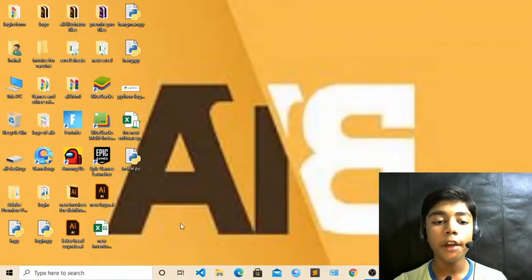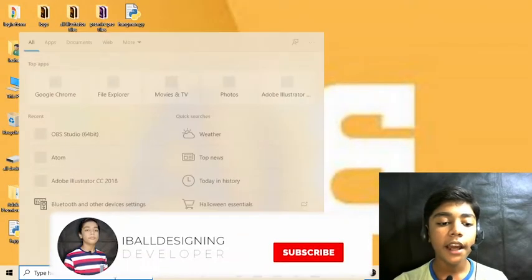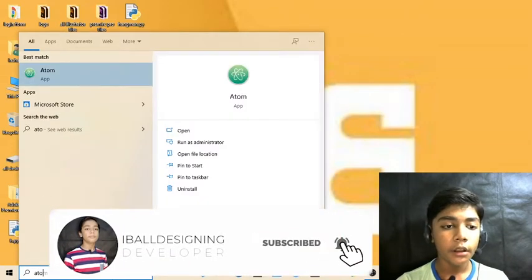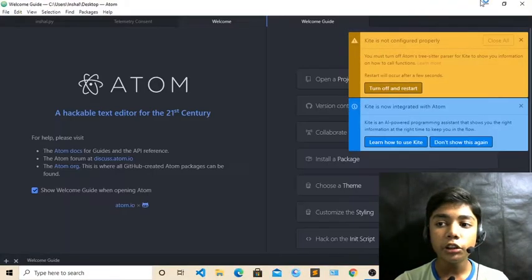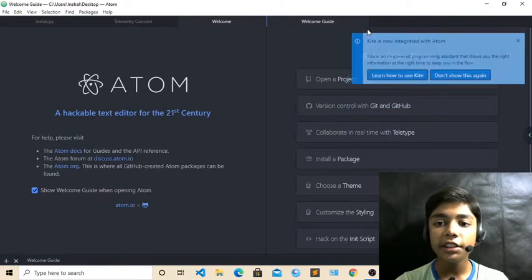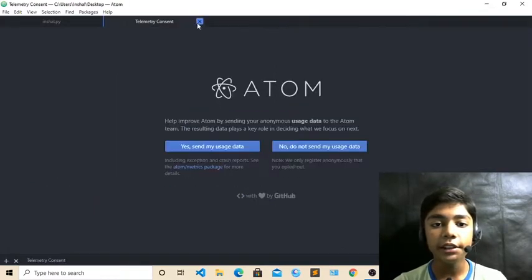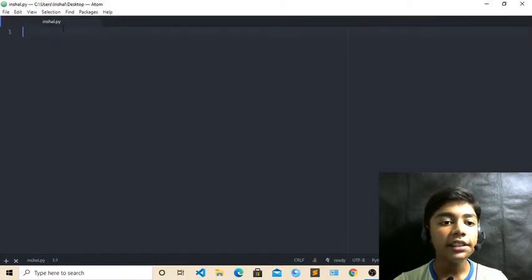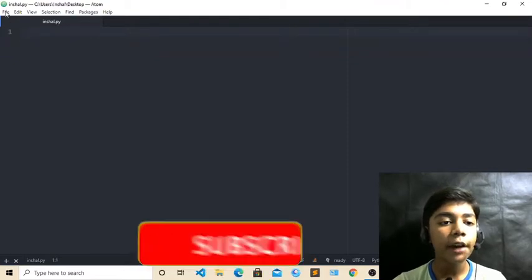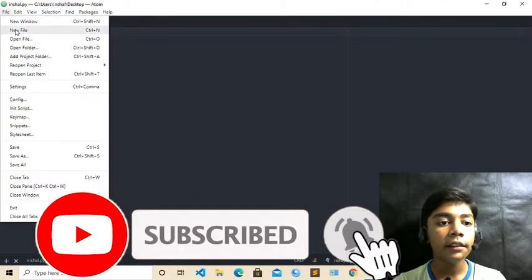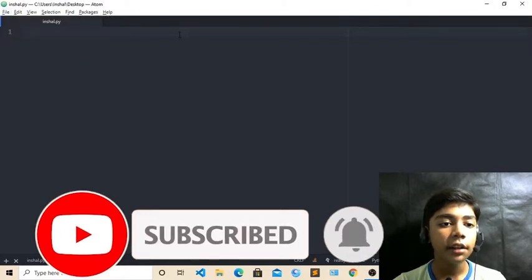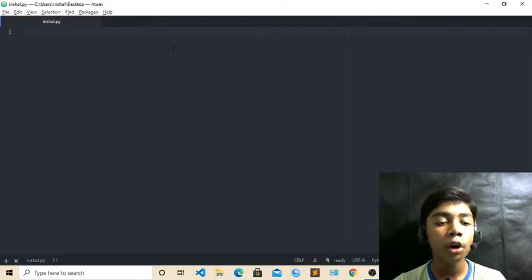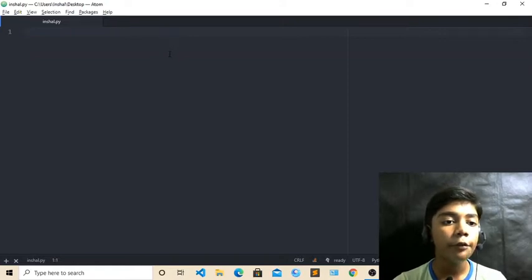First of all, you have to open your text editor, whatever you have. I have the Atom text editor, so I will open it. Go to window or open, or you can also open it from the run command. Close these files which come up at the start. I have made one file called inshal.py. You can also create a file by going to File, then New File, and writing the name of your file with .py, because it is really important to write .py so you can save your file as Python. Now when you have done all this, we will start coding.